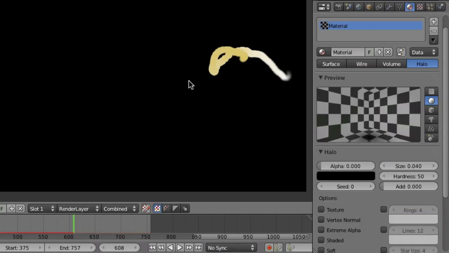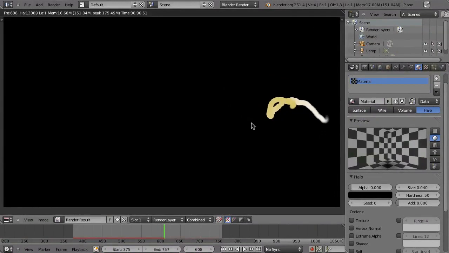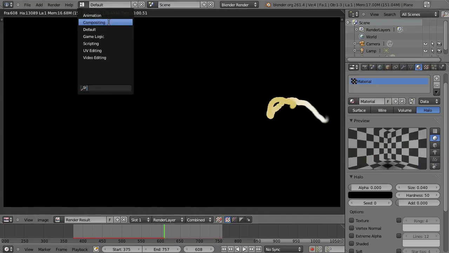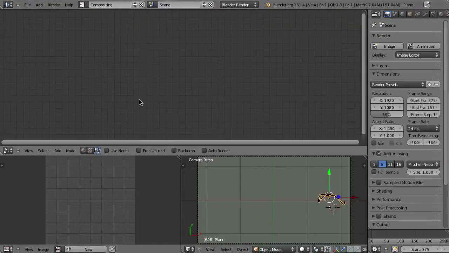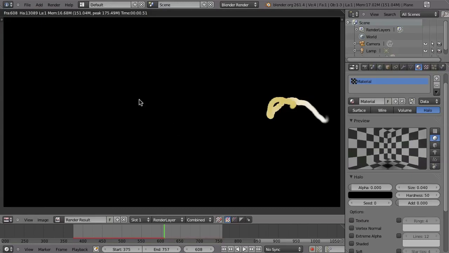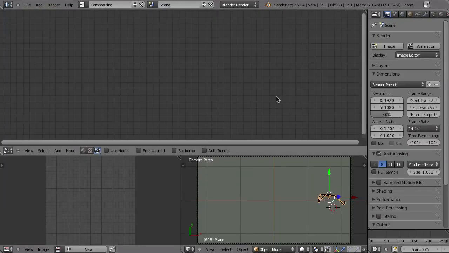Now to render that together with our footage, we have to switch to the compositor. We could also do that with a video sequence editor, but since most of the DVD we will be dealing with tracking and compositing, so let's go to compositing right away. So switch from the default layout to the compositing layout, either by using this menu, or when you do the fast way, you can also just press Control left arrow, or in this case, Control right arrow to go back to the default layout. So Control left arrow for compositing.